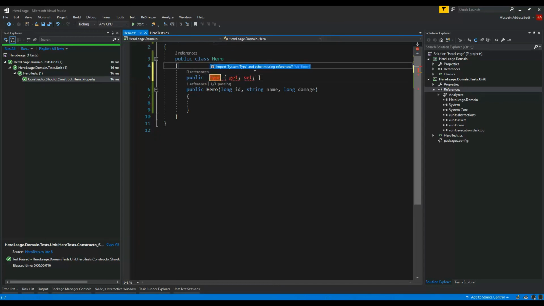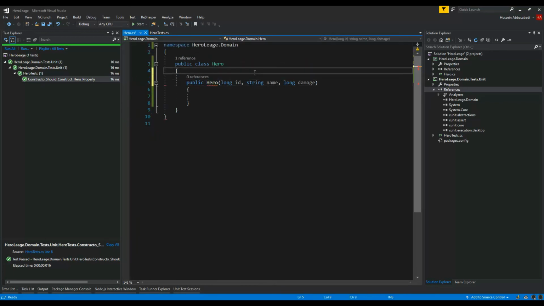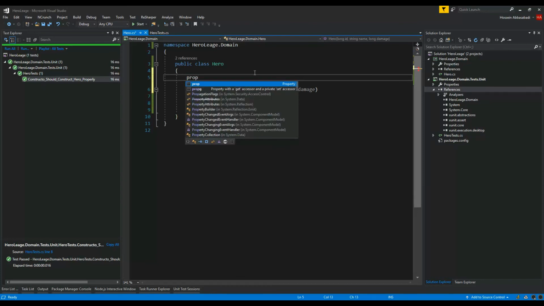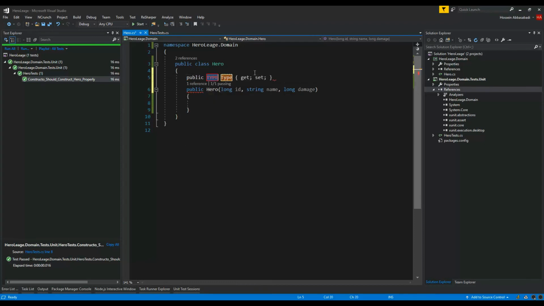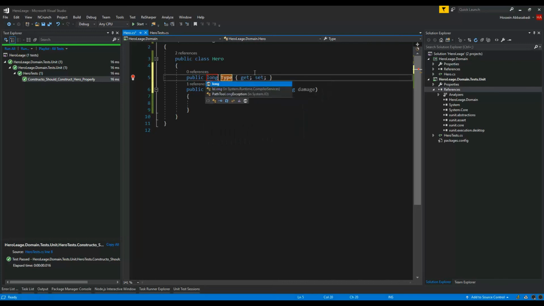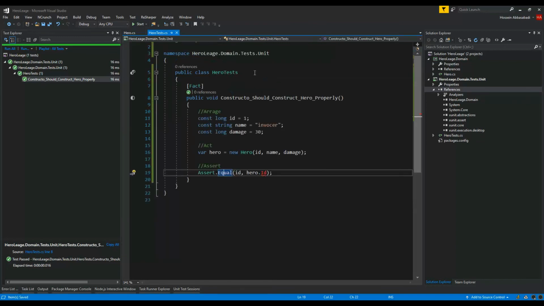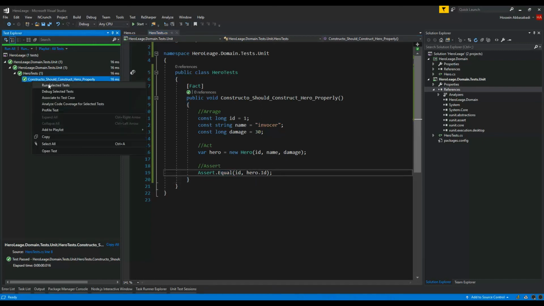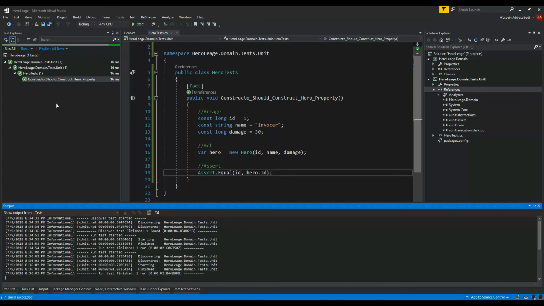Let me delete this property and tell you a tip of Visual Studio. prop is a snippet. Again, if I say prop tab, it creates a property for me. I want a property of type long, the name ID. If I save it, head back to my test code, this code does not have a compiler error. But if I run this test,